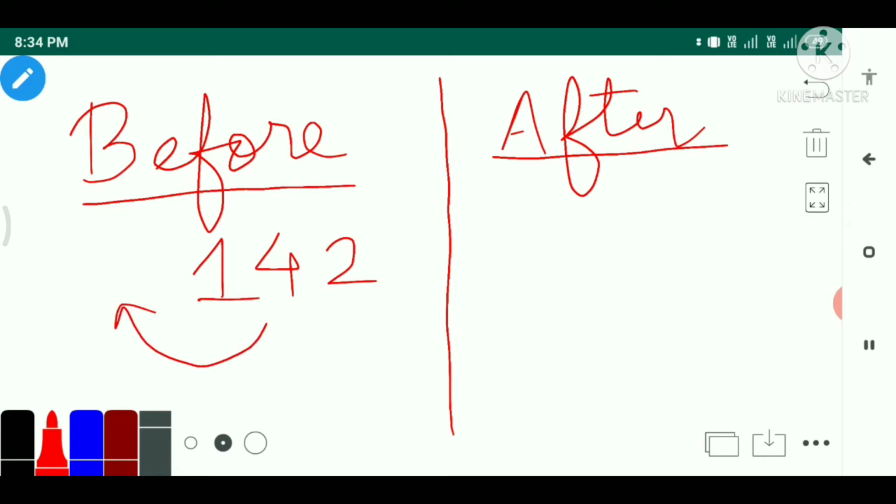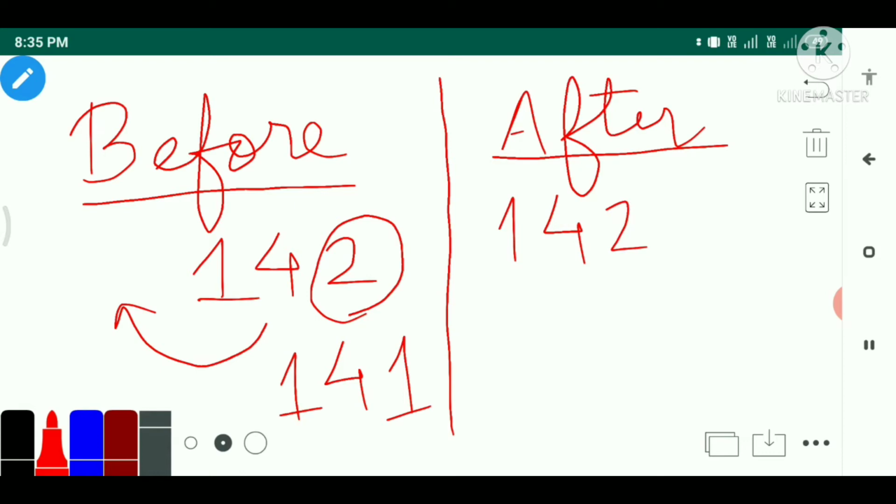Okay, so here we'll change this number. Just go one step back. In order to find the before number, we'll move one step back. So if we move one step back, it will become 141.